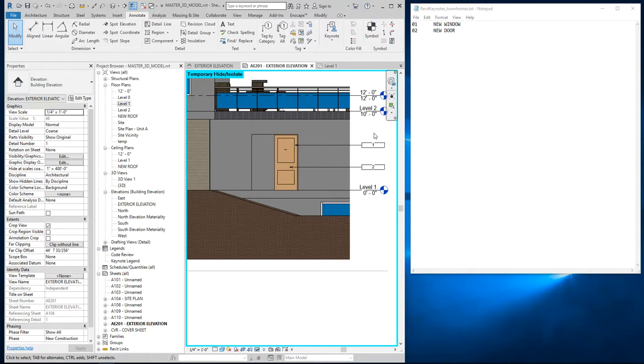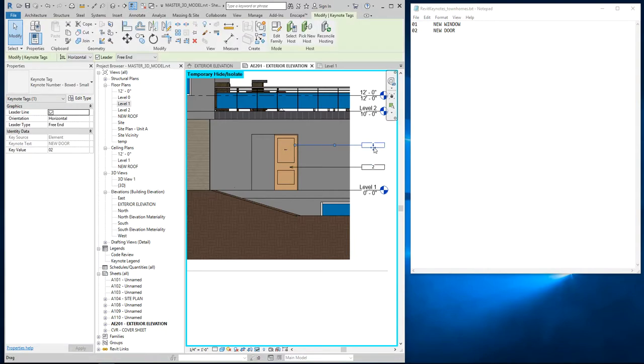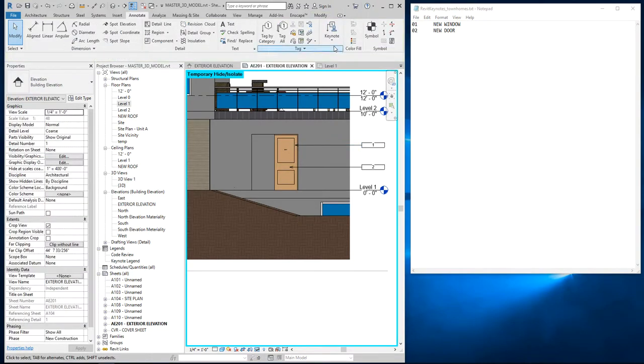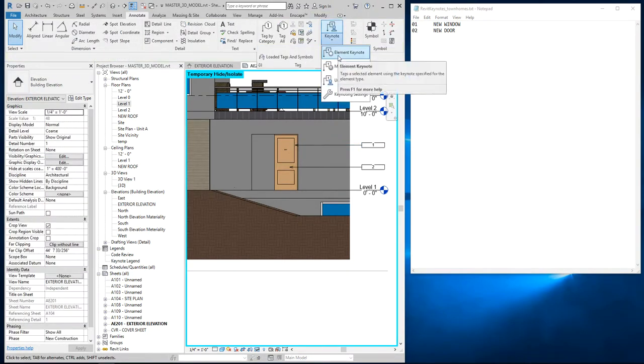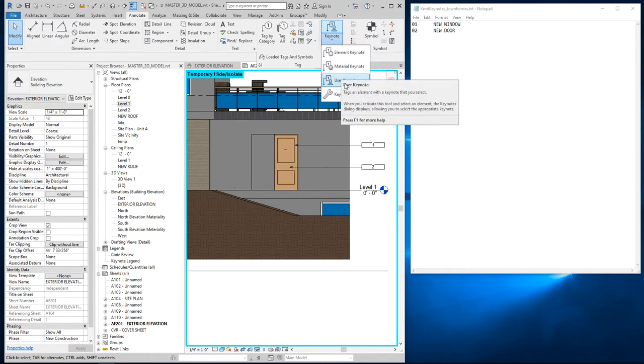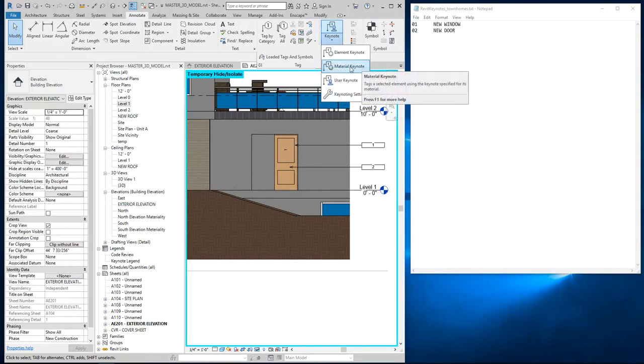Yeah, and the manufacturers will build in a giant keynote that takes you to their website and tells the finishes, which is wonderful, right? But that's the difference between a user keynote and an element keynote. So element keynote tags the actual element and reads information, and user keynote allows you to generically assign something to an object. Okay. Material keynote, we'll talk about this a little bit more when we get into the building sections,